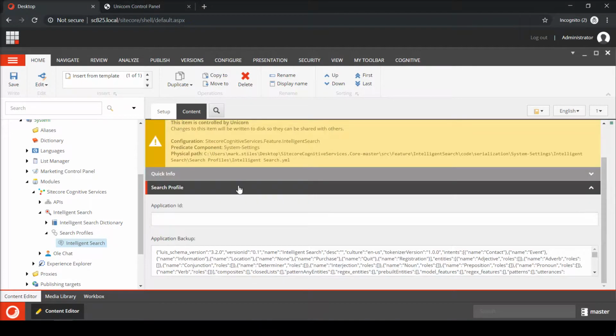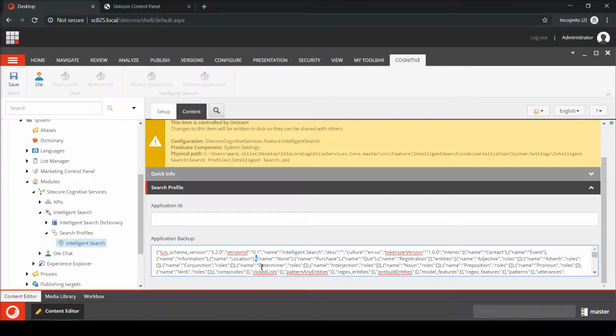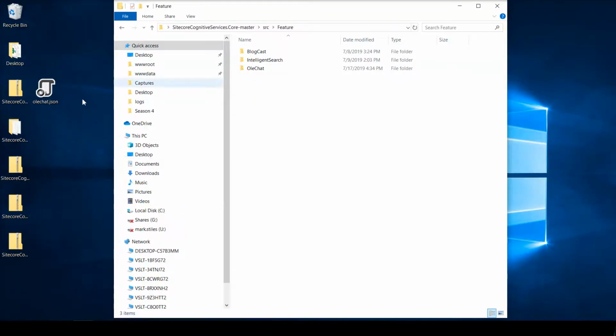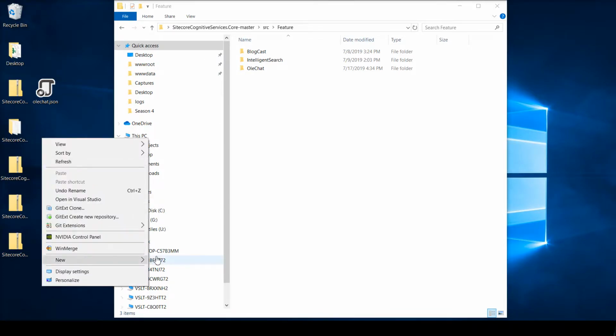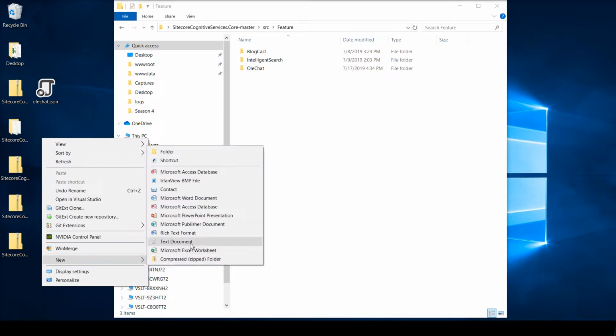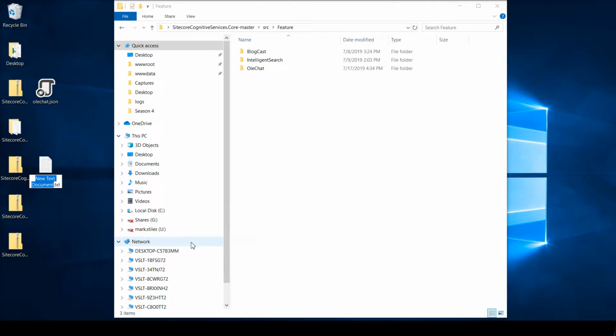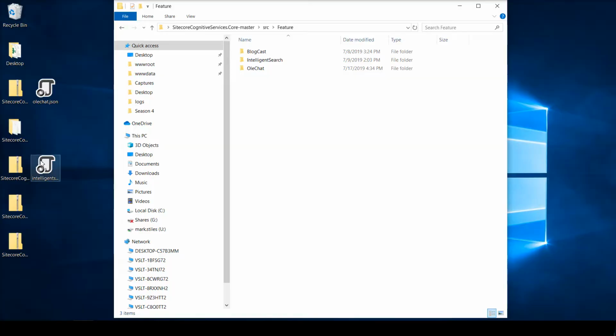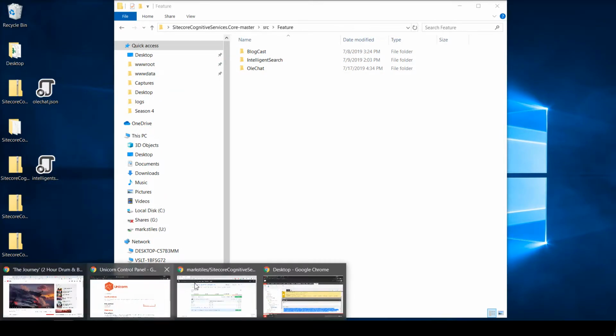so you need an app ID. You have this JSON blob. You're going to want to copy it out. So if you jump to this Content tab, right-click, create a new text file on your desktop called intelligentsearch.json. Paste, save. Now that I've saved this down to my desktop, I want to open up